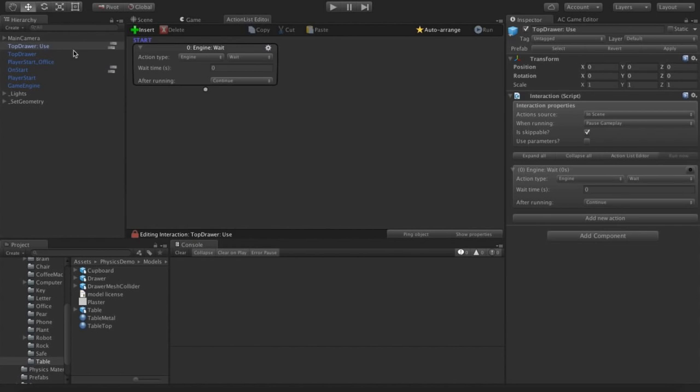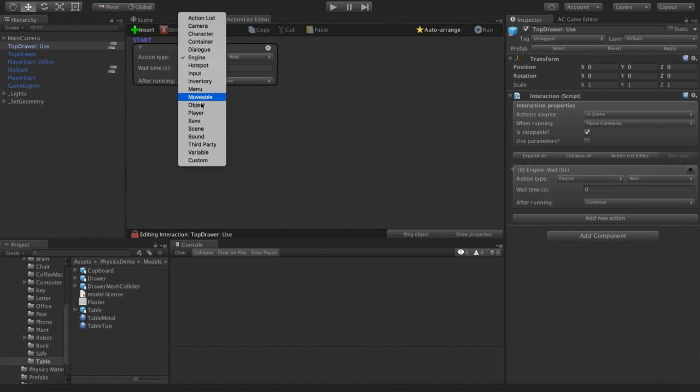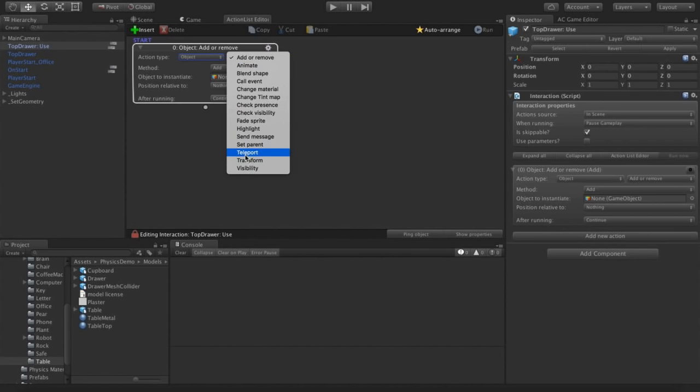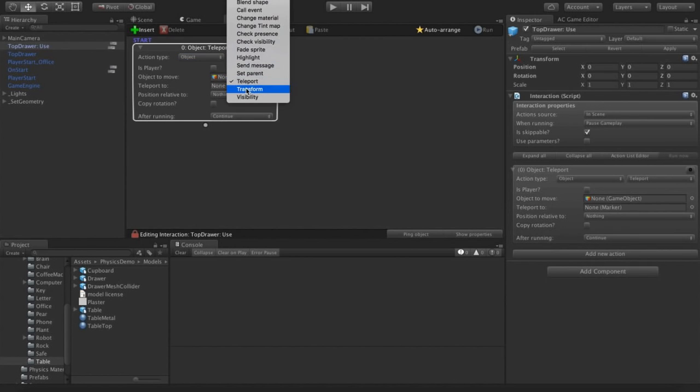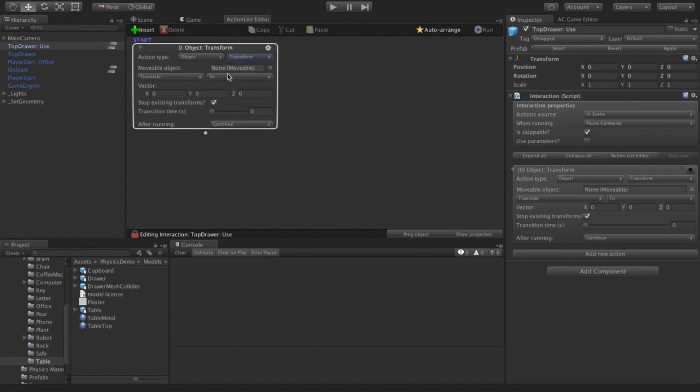So in this action list, top draw use, I'm going to use the object transform action, and we can use that to rotate, move, and scale objects from one to another. You can see the first field in this action is movable object, and it requires a movable component.